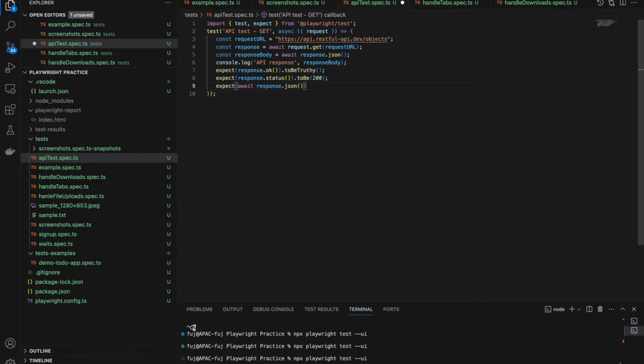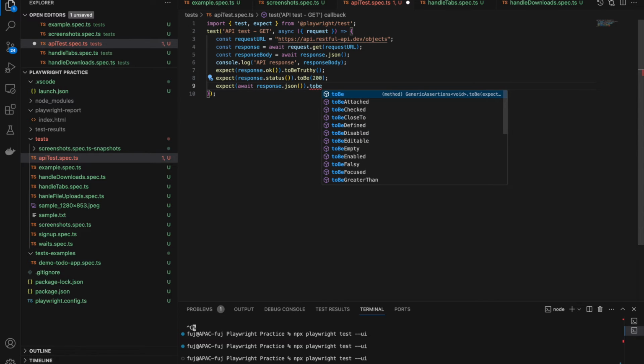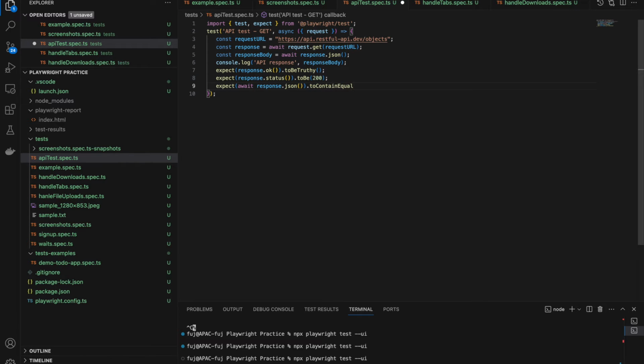Now we use toContainEqual, that means it should contain something from this object. So expect.objectContaining,